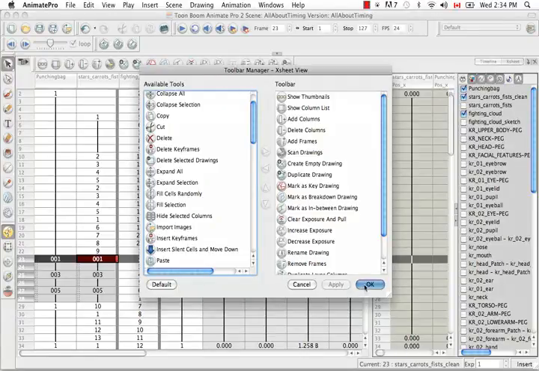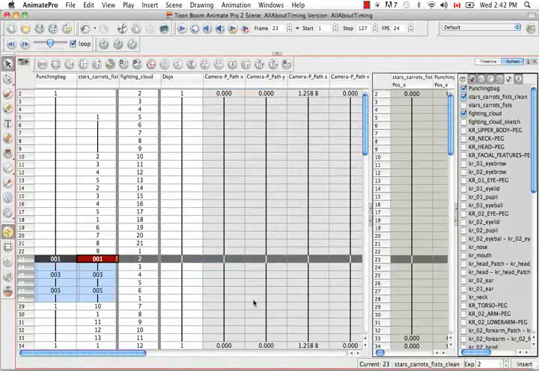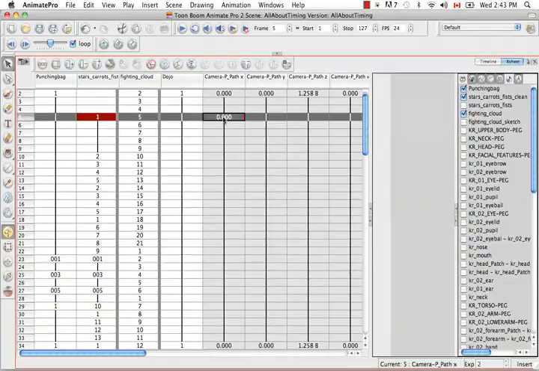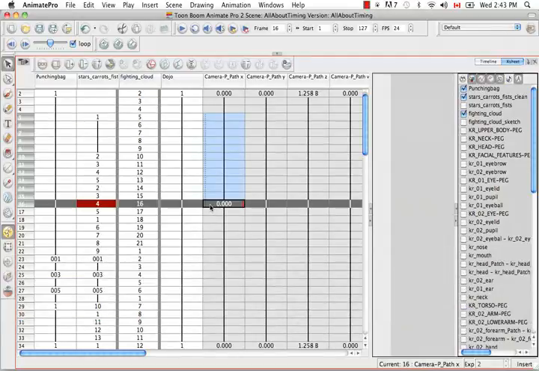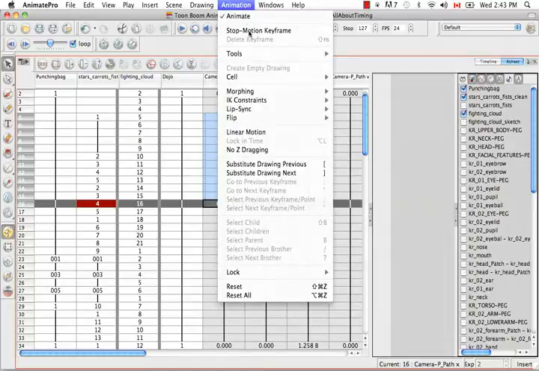So the reason that you may want to fill a column randomly, and the camera peg path is actually a good example, is to give a shaky effect. So with the camera peg specifically, if you randomly fill the X, Y, and Z path with random values, then the camera will move from side to side, up and down, and forward and backwards in a very random way, giving the illusion of the ground shaking or an earthquake. So let's select a range in our column. And then let's go up to the animation menu again and select cells,